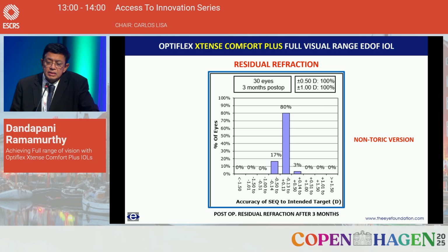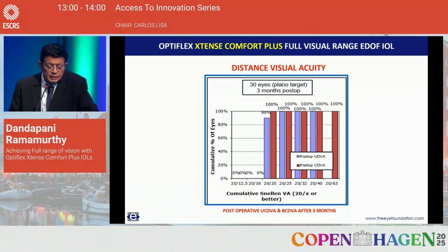In the remaining 20% of the eyes, it was within 0.5 diopters of defocus, so that was quite acceptable as far as the refractive outcome is concerned. So obviously, it's credit not only to the lens, but also to the formula that's being used. And as far as distant visual acuity is concerned, which is most important, and patients do not want any compromise in this,